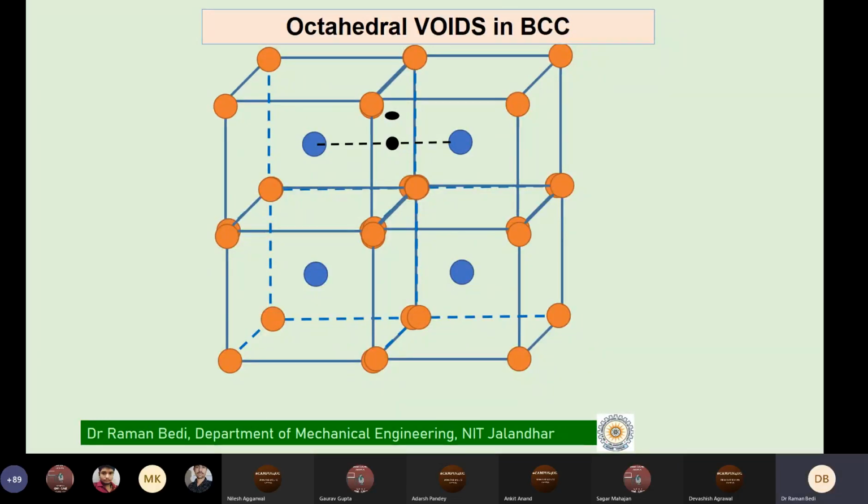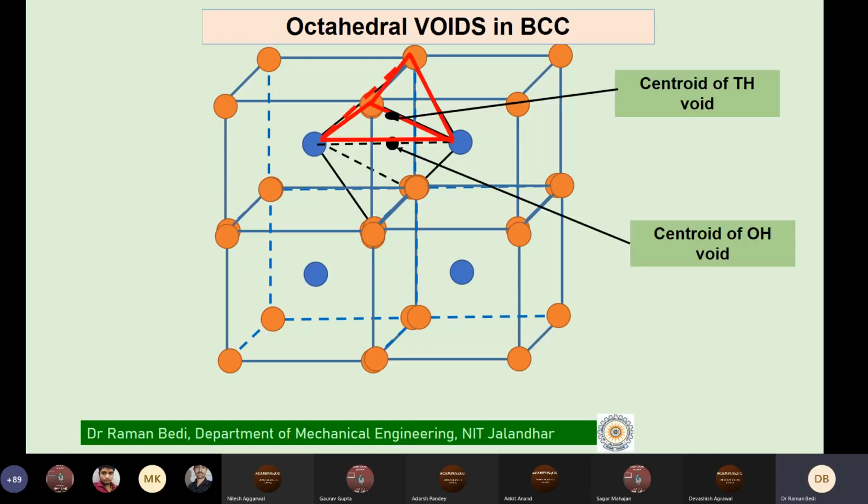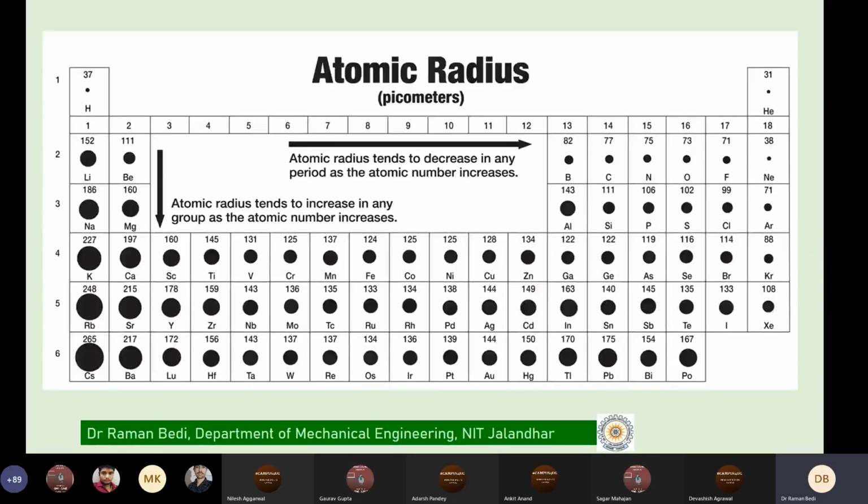And octahedral voids, again, if you observe them here, you can see where the tetrahedral voids are and where the octahedral voids are in the case of a BCC structure. Now, coming to the radius ratios, I will come to them in my next slide. But before going there, I'm just trying to get some data for two elements which we'll try to combine. One of them is carbon, which has an atomic radius of 77 picometers, nearly 0.7 angstroms. And the second one is iron, which has 124 picometers, meaning 1.24 angstroms.